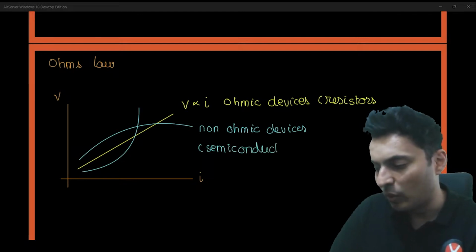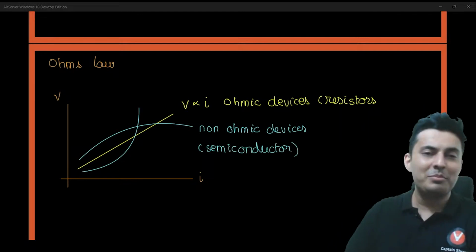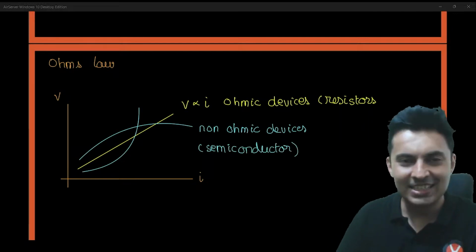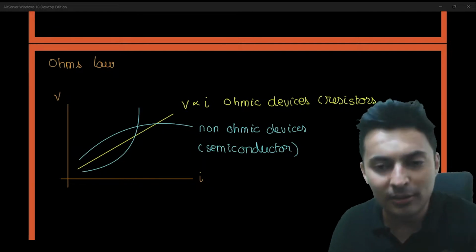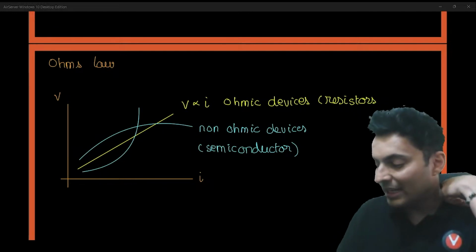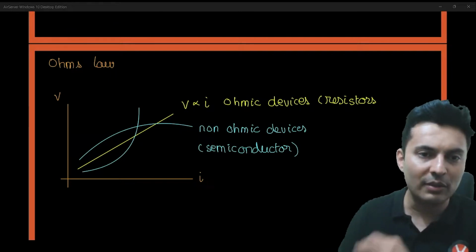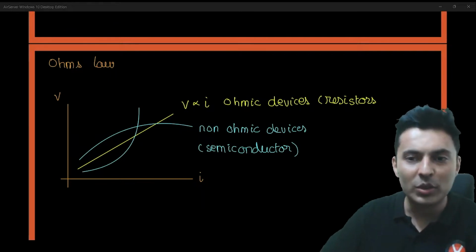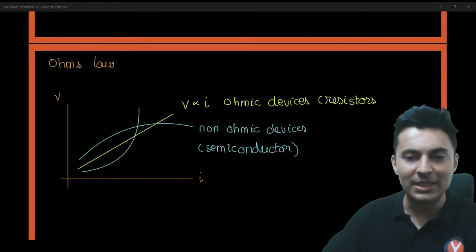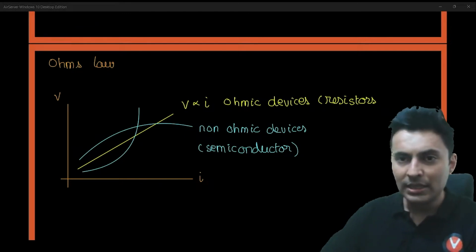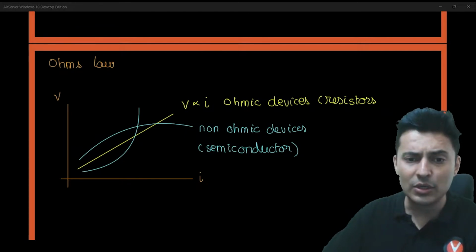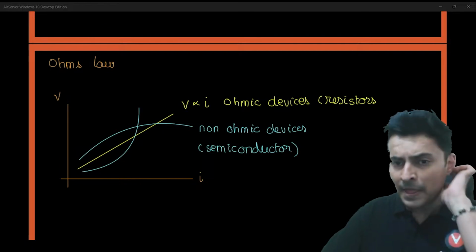In a semiconductor, the voltage is not proportional to the current. Keep that in mind. They have curved graphs. So that is a non-ohmic device where voltage is not proportional to the current. Keep this in mind. Very good. That is also there in your NCERT. Okay. Then